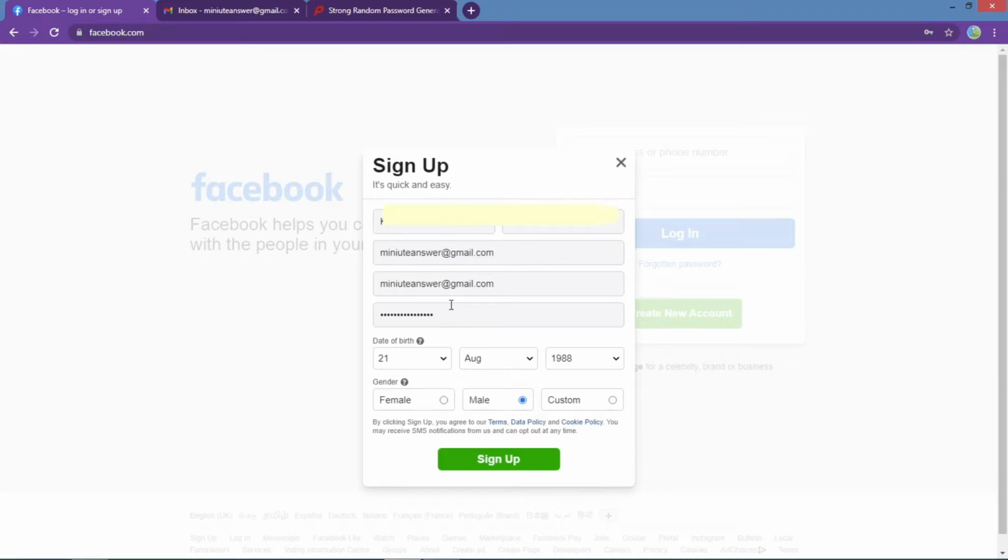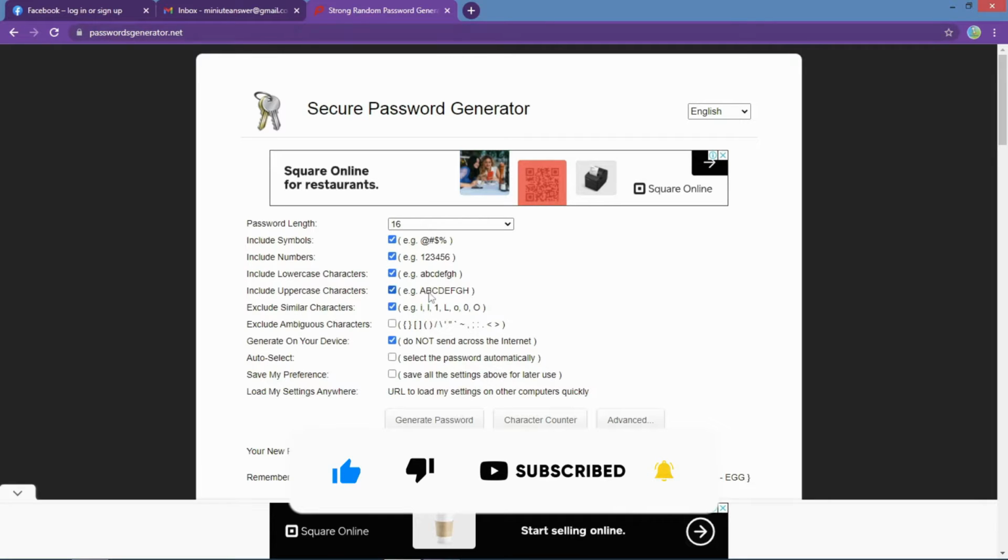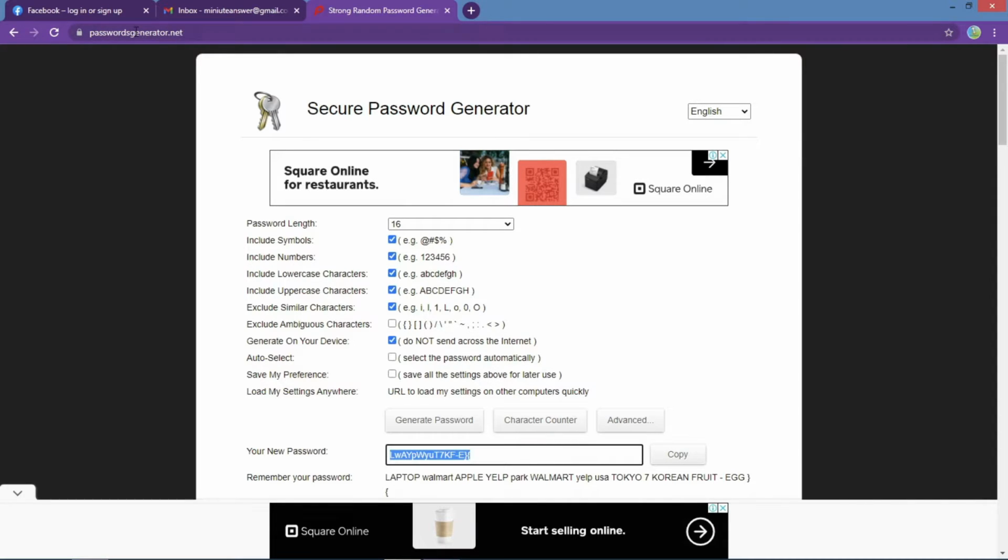Let me tell you how to create a good strong password. You have to go to this website, passwordgenerator.net, and you can select these ticks and hit the generate button.